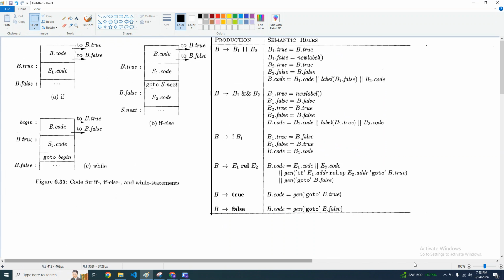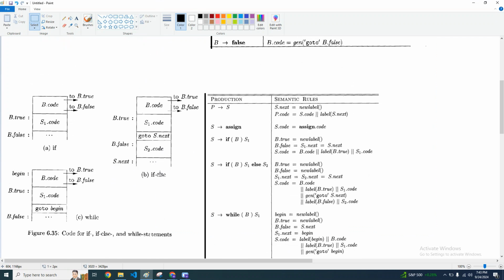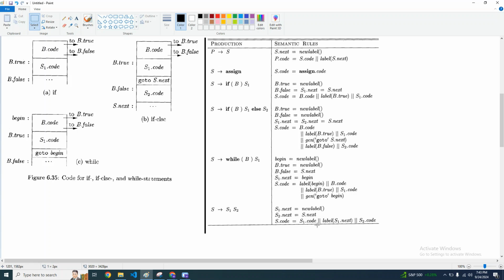Okay. Now, if you are clear about this part, let's move to this part. So let's look at the grammar first. So the grammar says,